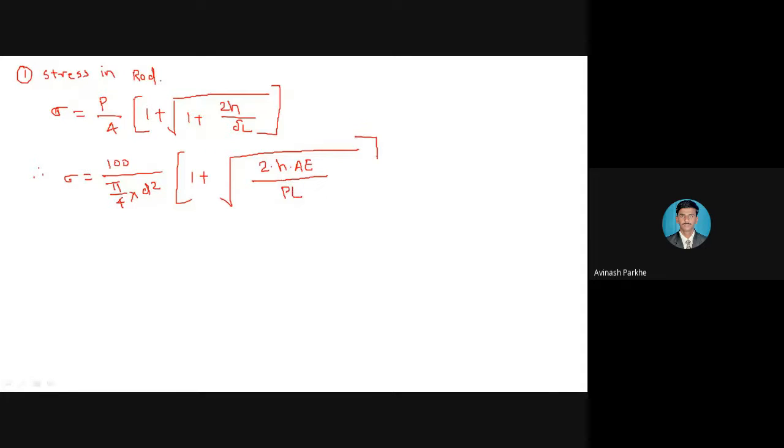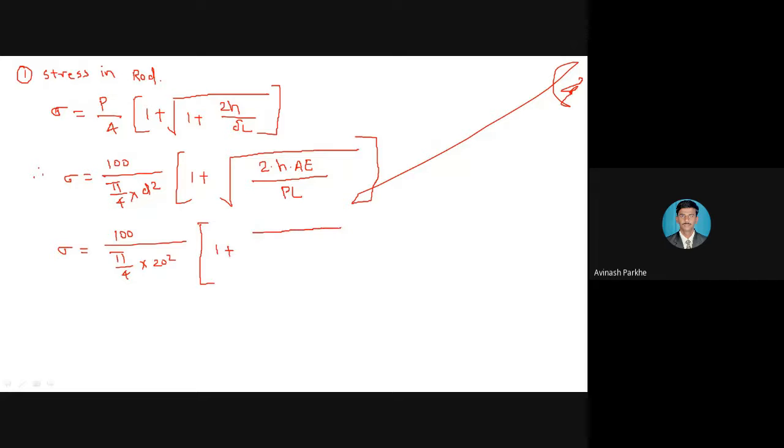Whatever the delta L term is there, that delta L is replaced in the form of PL upon AE. Now if I put all the known parameters here, sigma is equal to this 100 Newton as it is, divided by pi by 4, the diameter is given 20 square, in square bracket 1 plus again square root,